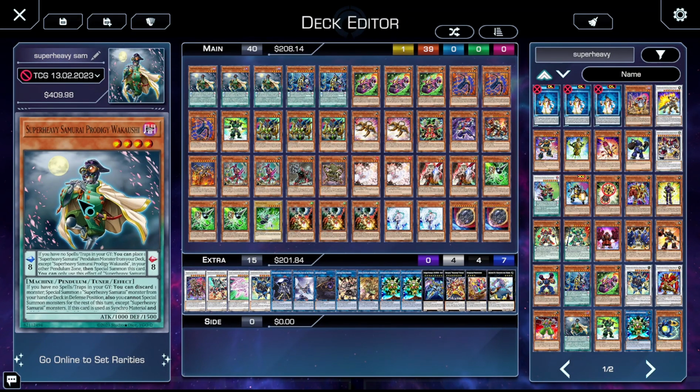So today I thought we'd talk about this format's big wombo combo deck, and that is of course Superheavy Samurai. If you're unfamiliar with Superheavy Samurai, they're an archetype that centers around not playing any spell traps, which means that they don't get access to super powerful board breakers, which really sucks, but it is probably one of the most powerful combo decks we've seen in a hot minute, mostly due to an extreme custom card known as Superheavy Samurai